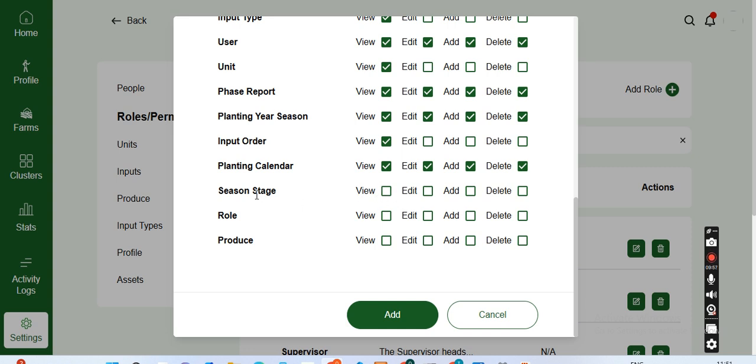So season stage, as I said before, the same thing applies. Roles, the same thing applies. Produce. Produce refers to all the plants or crops that you ever plant in any of your farms. So under settings, you will be able to create as much produce as possible. But do you want anybody with this role to be able to view all produce? Do you want them to be able to edit the information of a produce, maybe change the name of the produce